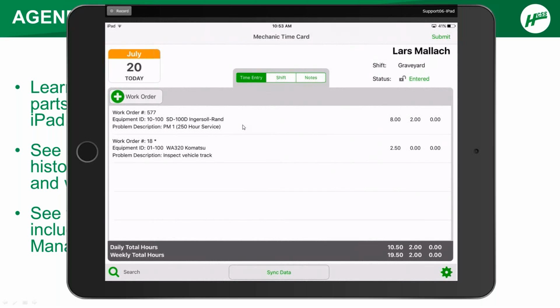So now we can see we have a status of entered for Mobile Mechanic. So when the status is an entered status, it means that the mechanic is putting items onto the time card. Basically, you could say that the time card is in use or in creation, right, by the mechanic. So when it is in the entered mode, after I hit this sync button, it's now going to send this to the manager system. So then if we look at the manager system,